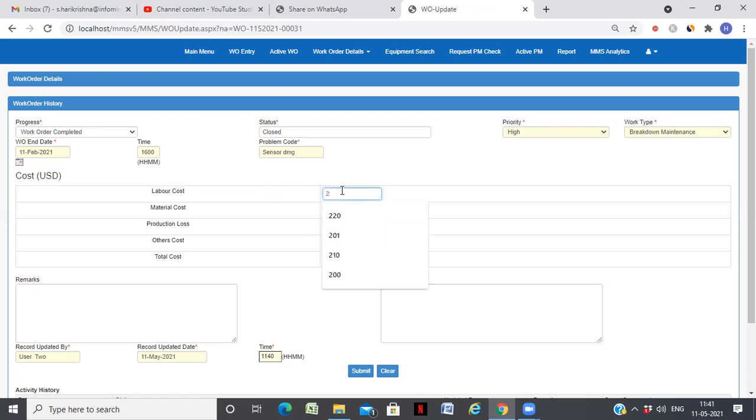I am just saying, for example, 251 is a labor cost, material cost is 300, production loss is 100 units, whatever the units are, right? So I can just submit it. If there are any remarks or spares consumed, I can mention that also.